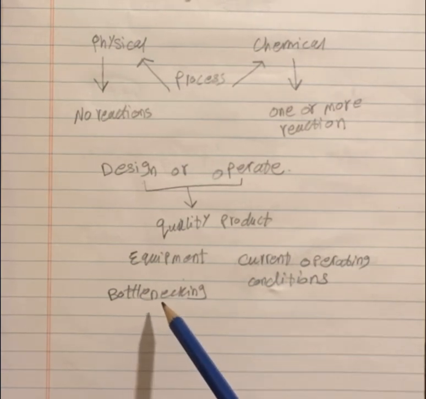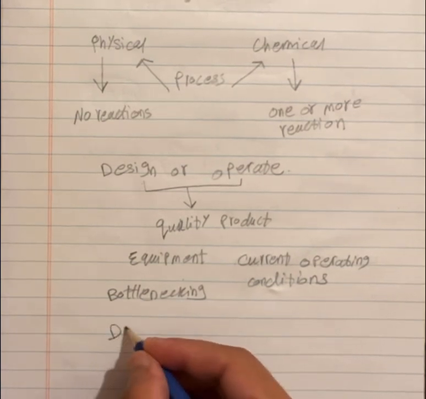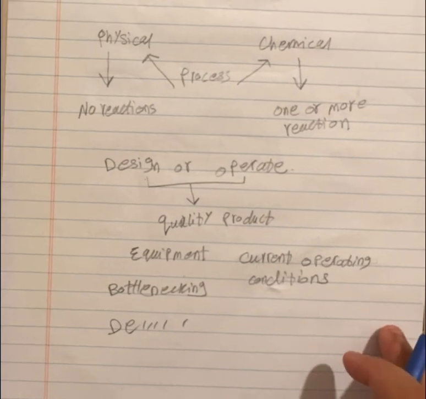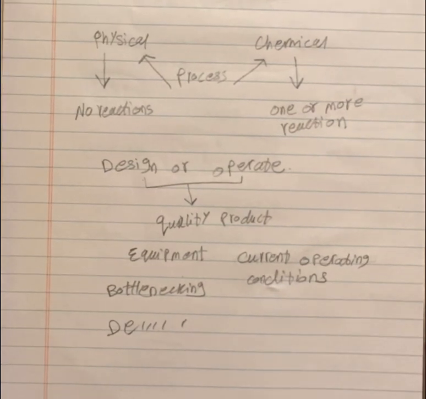If bottlenecking happens, then you have to de-bottleneck it, which means you have to solve this problem. You have to troubleshoot it in a way that facilitates the production rate and satisfies the market trend or the company's goal,